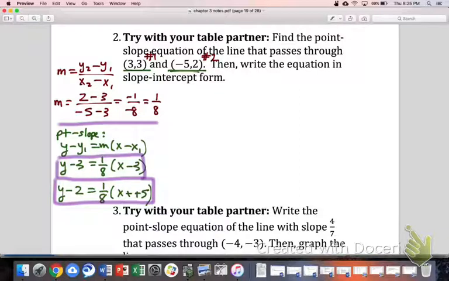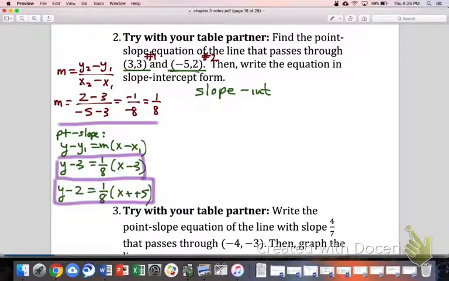Just so happened we had 2 points to choose from on this one. So that's why there's 2 possible answers. On a quiz or a test, I'd give you full credit for either one of those because they're both right. All right, so to go to slope-intercept form now, I just need to take one of these and solve it